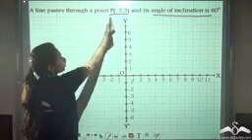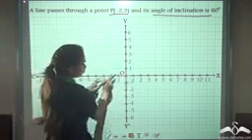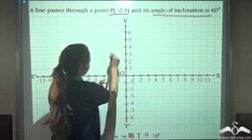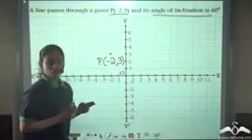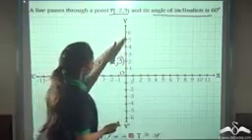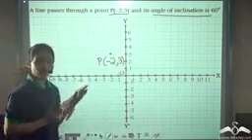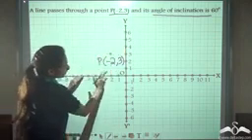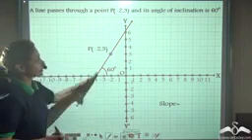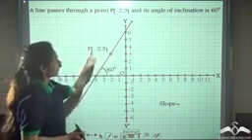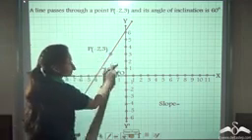Let's see. First locate this point P, that is minus 2, 3. Minus 2 and 3 here. This is P. Now we have to draw a line that passes through this point and has an angle of inclination 60 degree. So with the help of the protractor, you can draw a line here measuring 60 degree. So do that. So you get this line which passes through the point P, that is minus 2, 3 and has the angle of inclination with the x-axis as 60 degree.